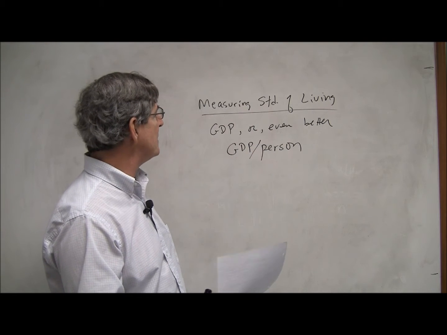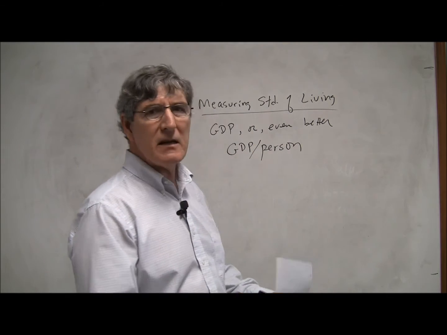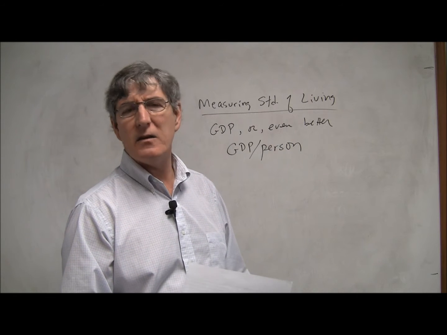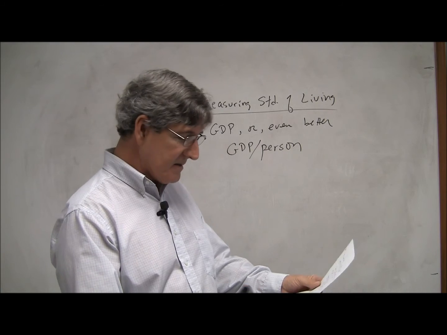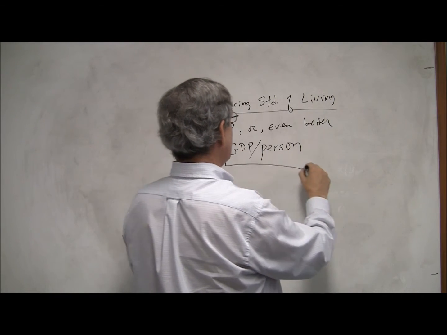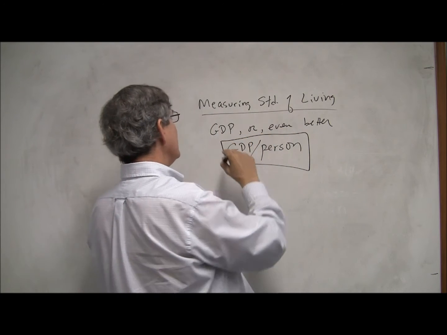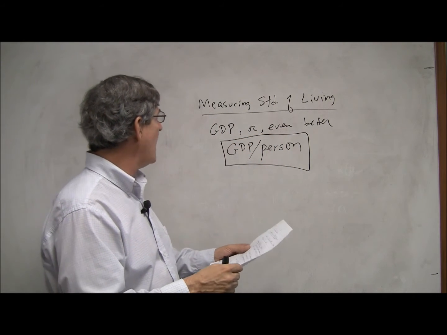But there's ways to measure those sorts of things too, how unequal economies are. The main thing you use there is something called the Gini, though there are better measures than that you'll learn about in some of the other economics courses if you take them. But the main way in which we look at the standard of living within a country is to look at GDP per person and how that's changed over time.